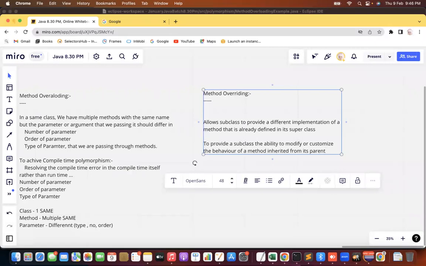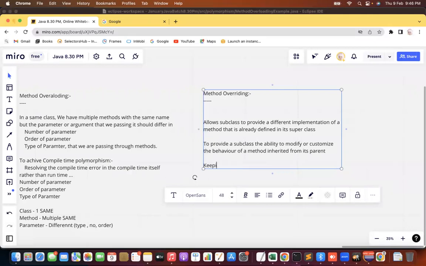See, in method overriding, you are keeping the method signature the same, guys. You have to keep the method signature the same. When I say keeping the method signature the same, suppose